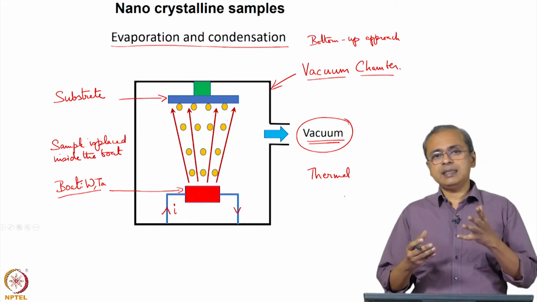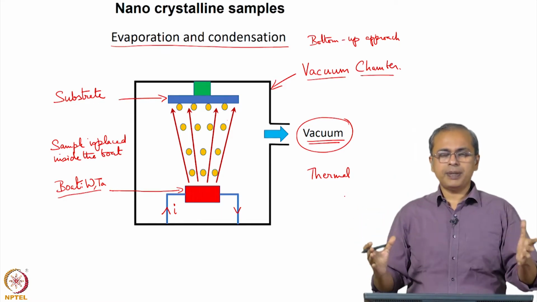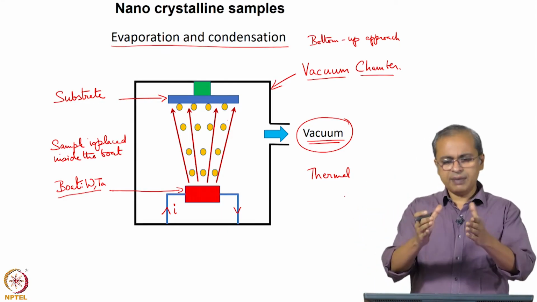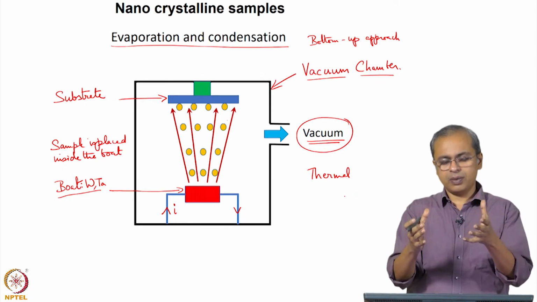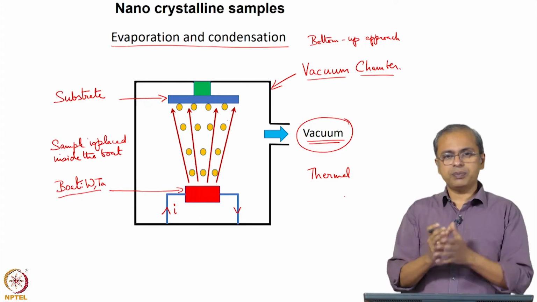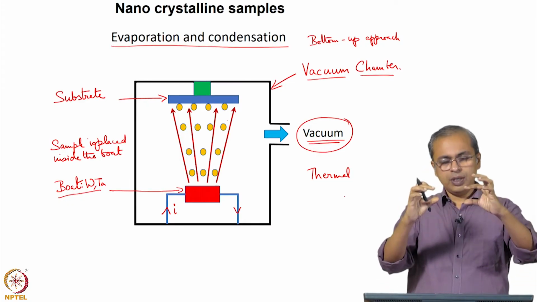If you actually see these setups, you can have a fairly large chamber, it really depends on your setup. You can also have a small glass vacuum chamber, and in that you draw vacuum. You can actually see this boat inside it,